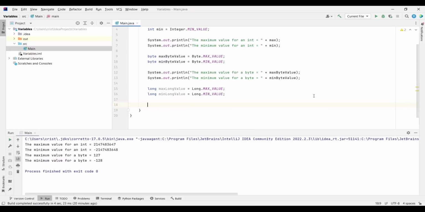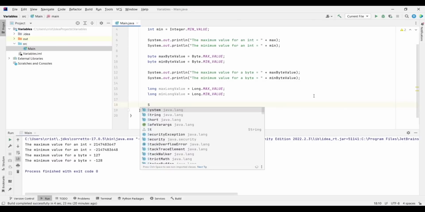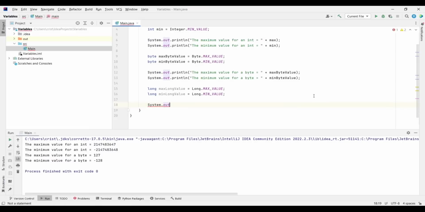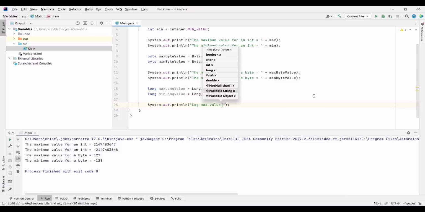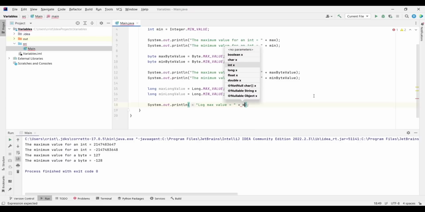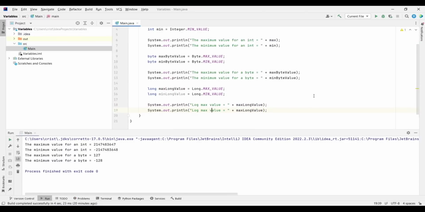So I'll type here System.out.println, and I will type here long max value equals, and put a space, plus max long value, Control D, and let's change to, here it should be long, not log, and let's change this to min.